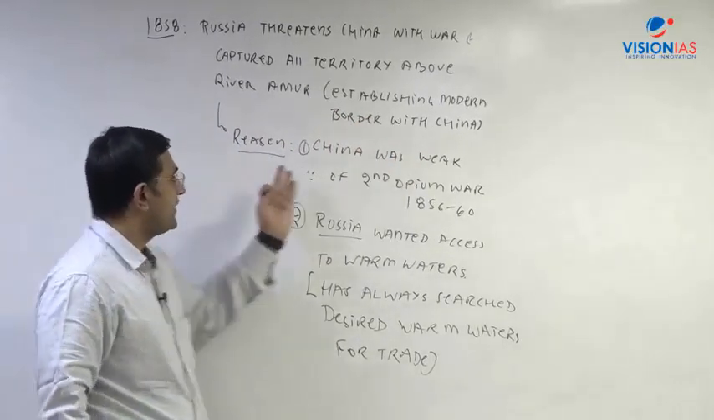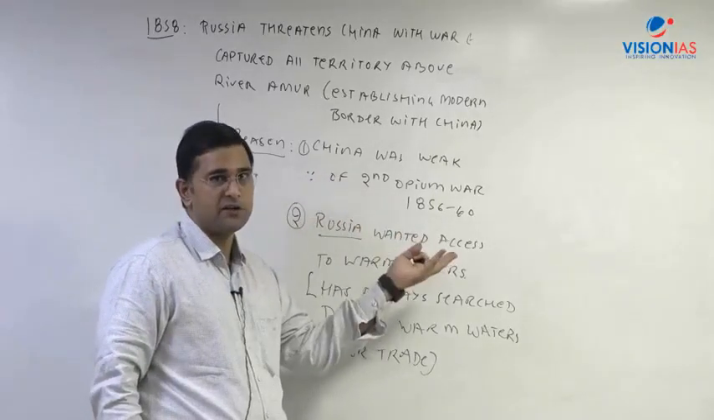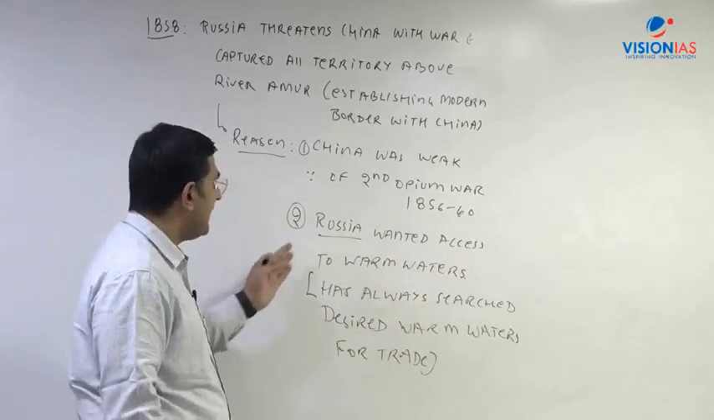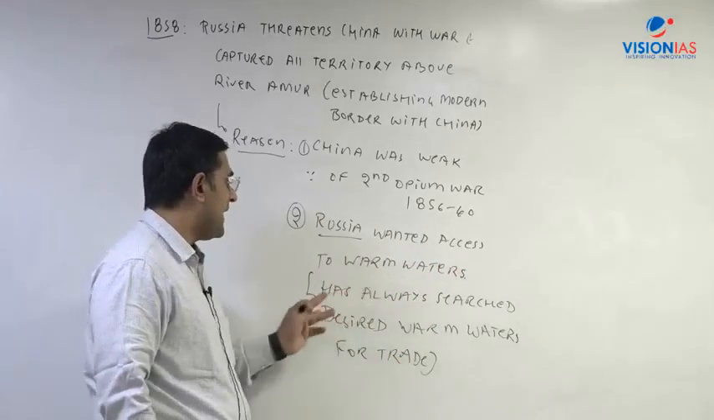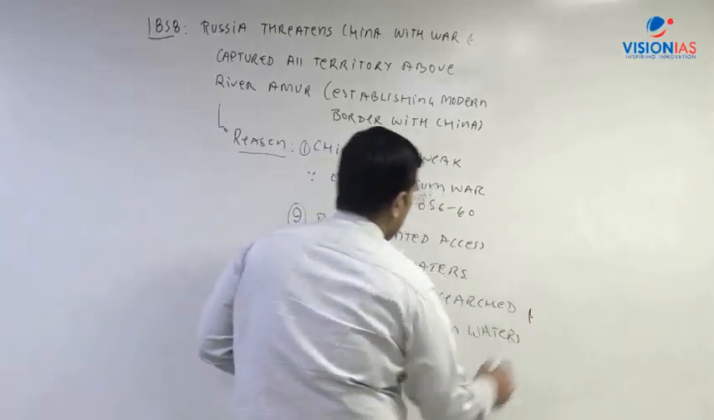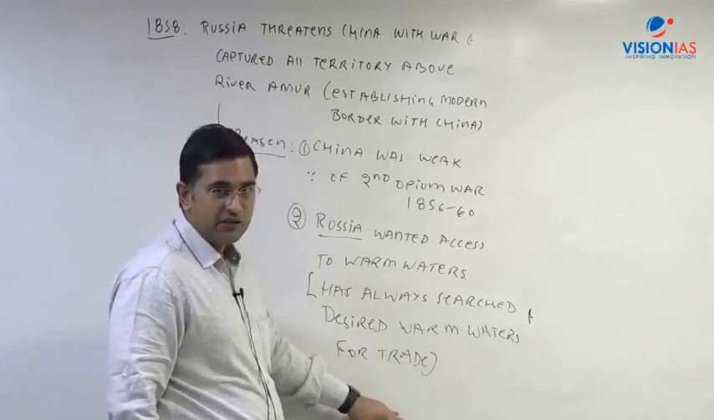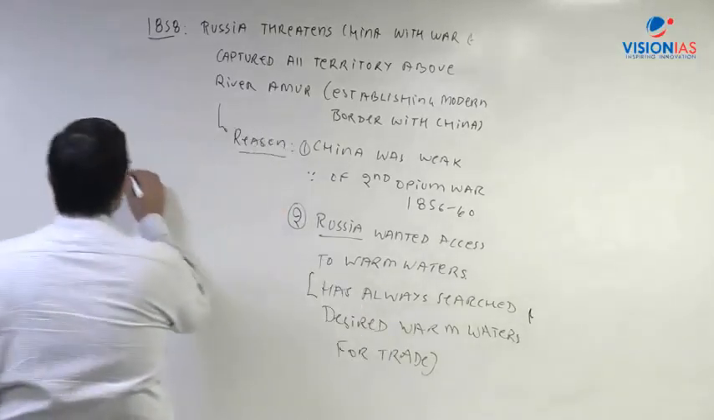What are the reasons? Why did the Chinese agree? Because China was weak because of the Second Opium War, so it was an opportunity for the Russians. Second, Russia wanted access to the warm waters, has always searched and desired warm waters for trade, right? So this point we have mentioned. Third point, we can also say